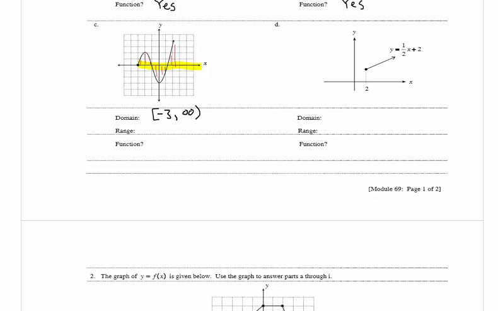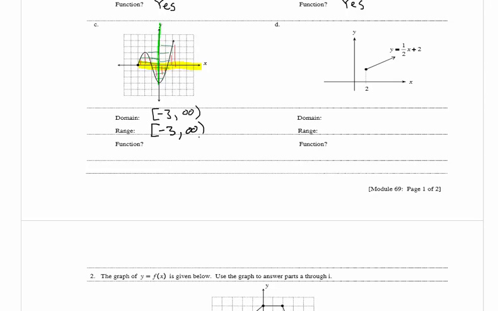And for the range, we're going to draw our horizontal lines. So we're going to have, starting from top to bottom, lines in here. And these are just going in both directions. So I drew them all the way across on the bottom part of it. And now we have to remember that because of the arrow on the right side of our relation, this function is going to go up forever. So when we shade our y-axis, we're going to start at -3 and we're going to continue all the way to infinity. So the range of this function is -3